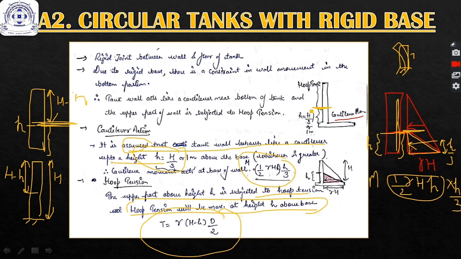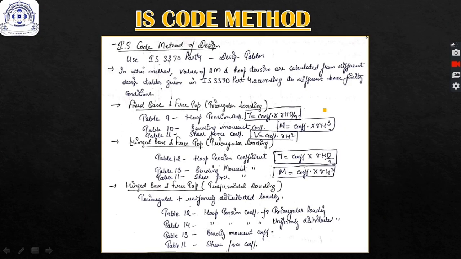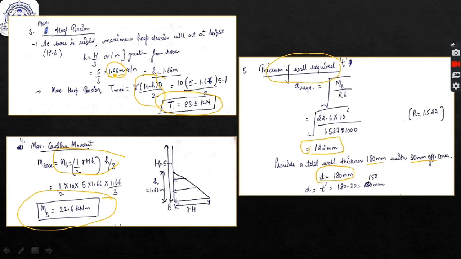As you can see, this cannot be the same case for every type of tank wall or every type of tank. So this is the approximate method, where we are doing approximation and assumption of things. We were doing this approximation because we were calculating the hoop tension due to water pressure and the cantilever moment at base due to the water pressure. Due to the assumption, T was coming out to be this, and the cantilever moment was coming out to be this, because we had assumed this height small h.